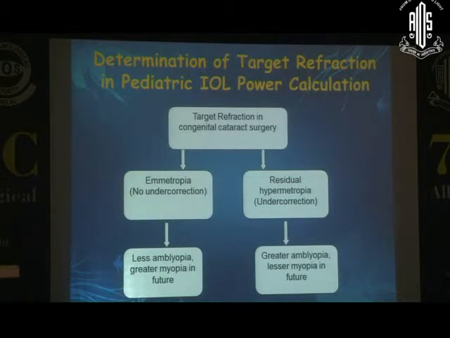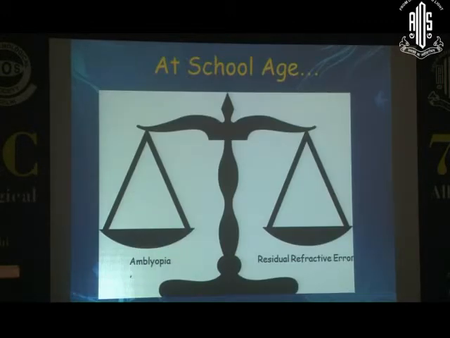On the other hand, if you undercorrect too much, they will end up in high hypermetropia, which will cause amblyopia and defeat our purpose of visual rehabilitation. So what I think while calculating IOL power, I need to undercorrect this infant or toddler in such a way that when he or she goes to school at around 5 years, he should have mild hypermetropic to myopic refraction so that he can manage his school activities, all other activities with spectacles. And more importantly, it will also maintain his self-esteem.